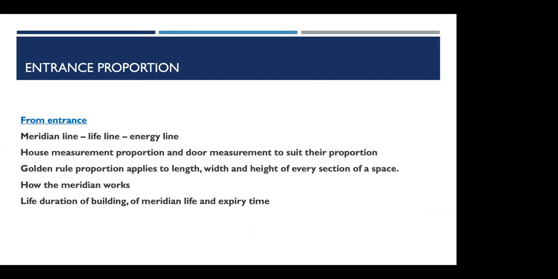So from the entrance, the meridian line, which is a lifeline, is the energy line. The house measurement, of course, must be in proportion, and the door measurement must show the proportion. The golden rule proportion applies to the length, the width, and the height of every section of the space. How does the meridian work? Life duration of the building, the meridian life, and the expiry. There is always a period of life, how long this house energy will last, how long until you expire,